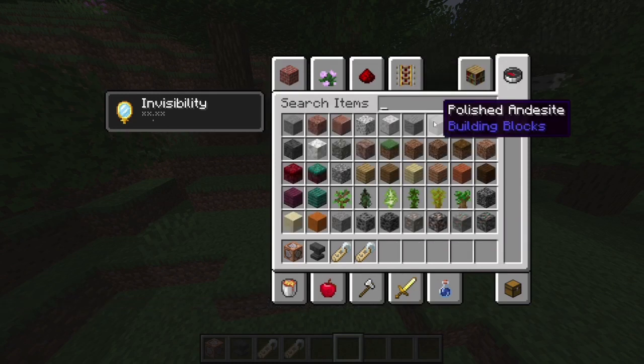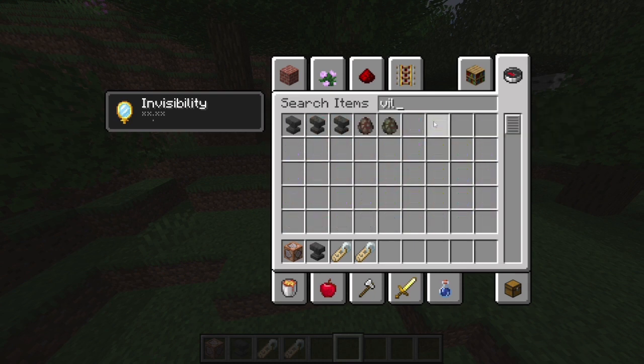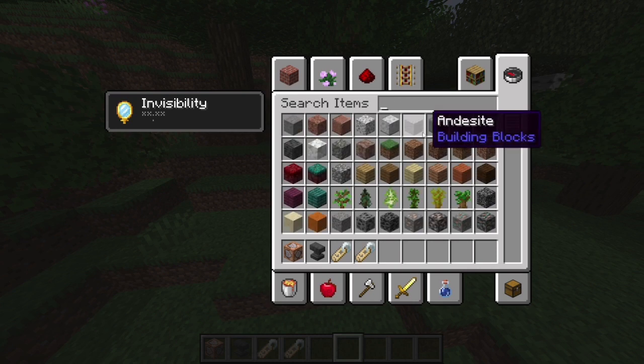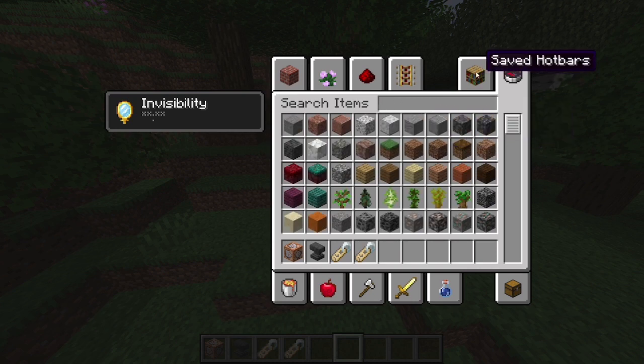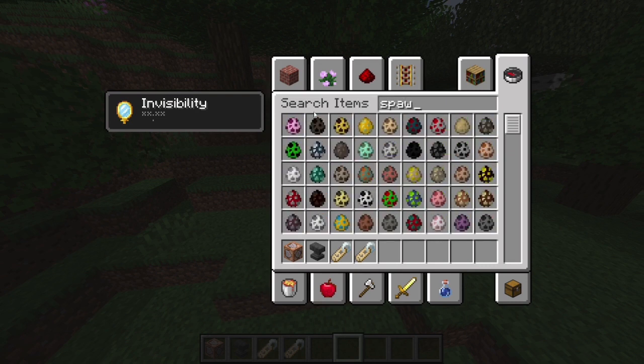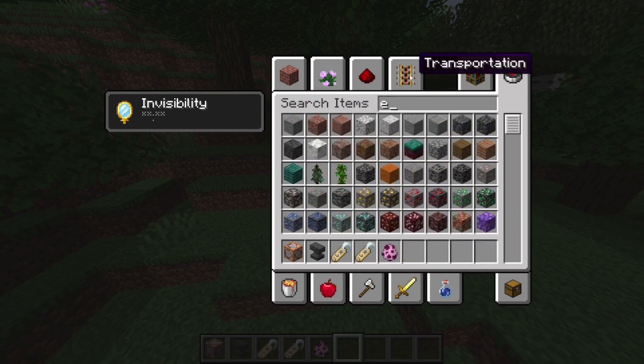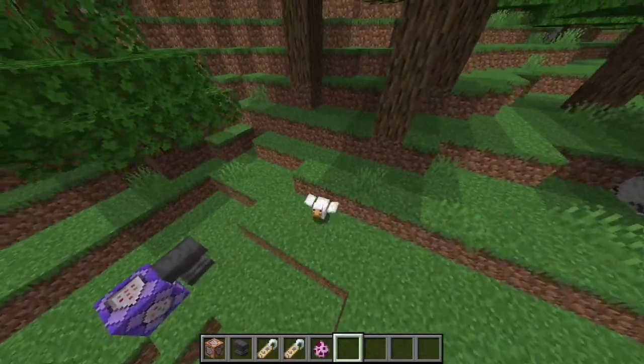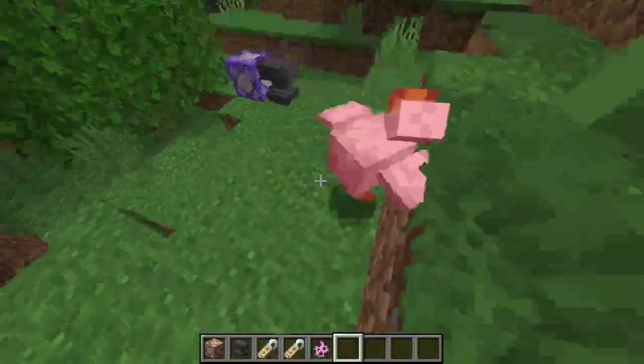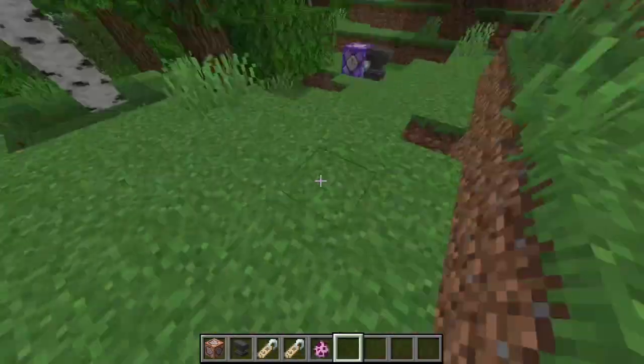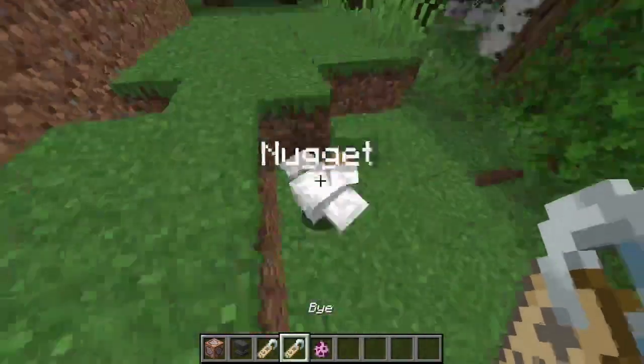That way they won't see your ghost and they'll think you're just a normal old chicken, a pig, or whatever animal you're going to turn into. Now I recommend choosing animals that don't turn their head, because the animal will look at you from time to time, like look up. So maybe do something like a villager